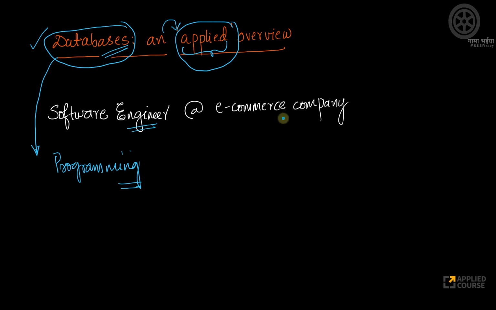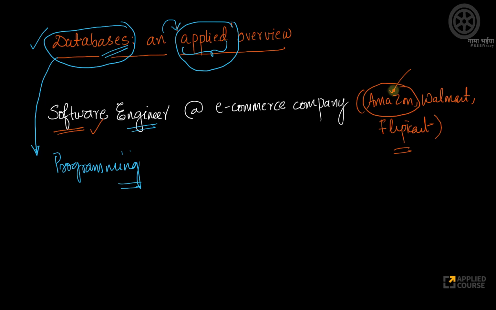This is an overview. So throughout this course, I'll make a fundamental assumption that you're a software engineer at an e-commerce company like Amazon or Walmart or Flipkart, right? So I'll try to give a wide spectrum of examples from the e-commerce industry. It could be Amazon, Walmart, or it could be Flipkart, right? So again, this way I can connect many of the concepts in databases to my own professional experiences, because I've worked at Amazon myself for about 5 years